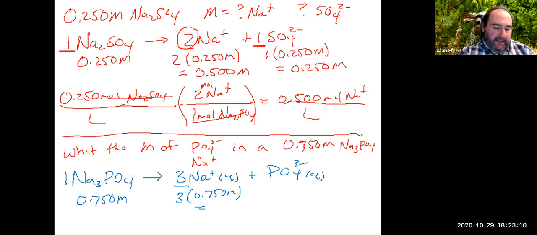And that gets us obviously 2.25 molar would be our sodium concentration here. It is a 1-to-1 relationship between that and the phosphate. And that again would be 0.75 molar